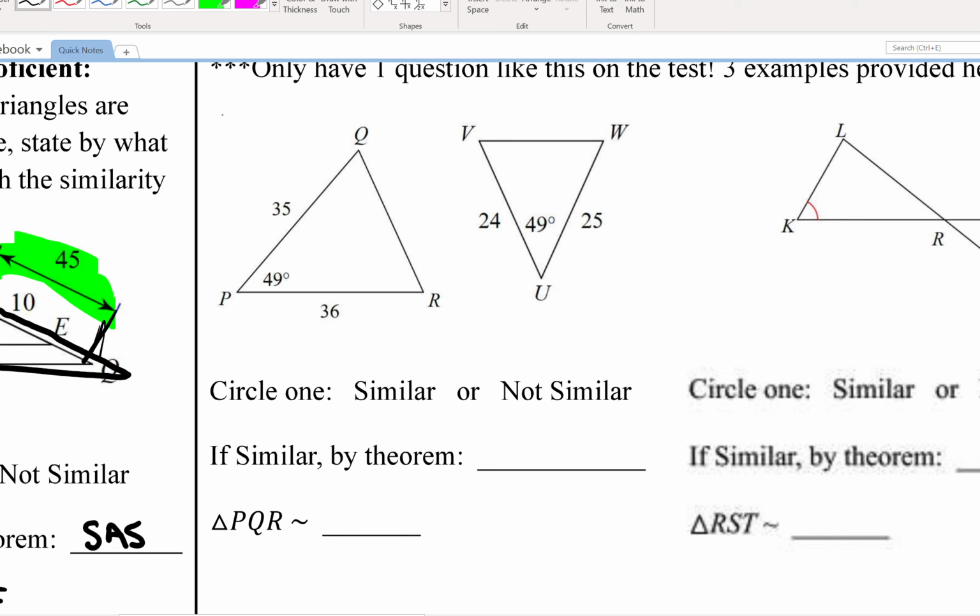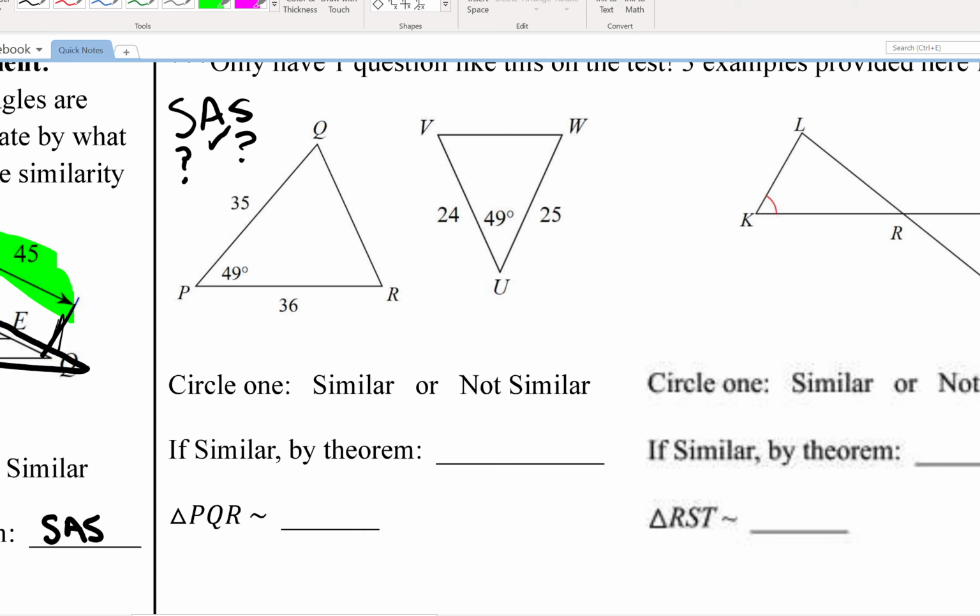So we go check the sides. What I want to know is if I compare 36, which is the larger one, to 25, which is the larger one here, is this equal to 35